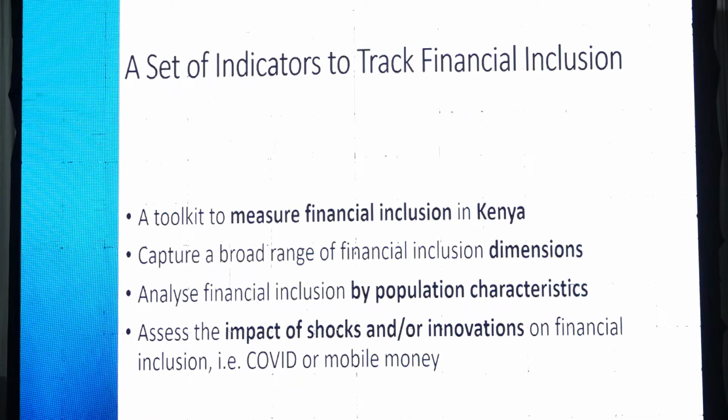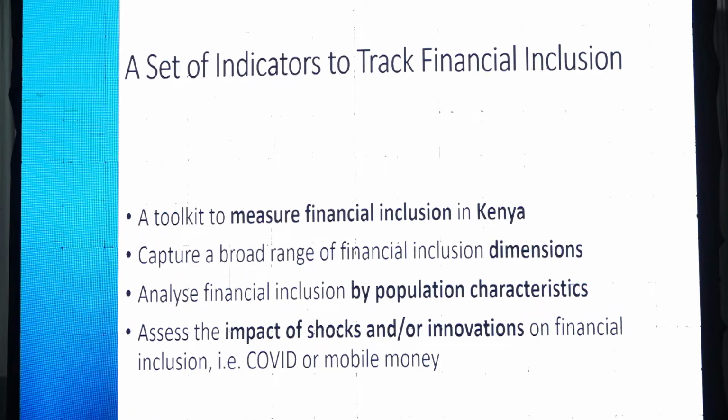We then categorized products between formal and informal and created two sets of indicators. One that measures the usage of financial services regardless of whether they are formal or informal, and another that considers the formality dimension within an individual's product portfolio, giving then a higher score for the usage of formal financial products.